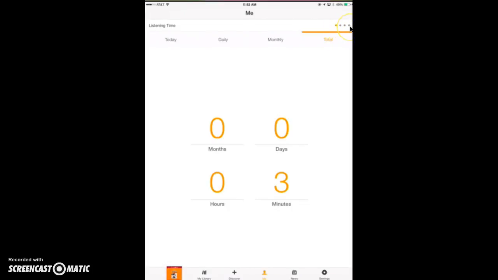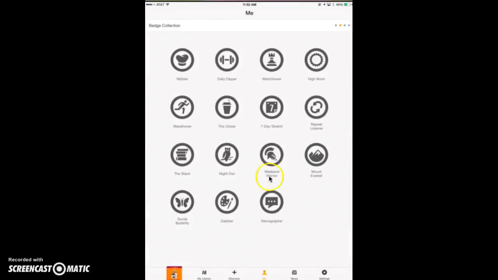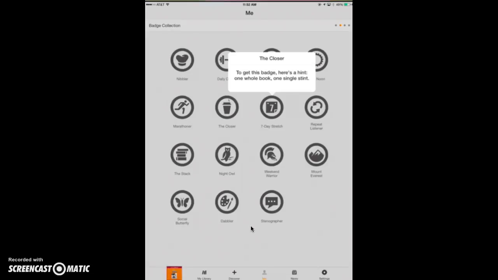So these are things that if you swipe, these are little badges that you can earn, and they will reward you or award you as you read more. And you can see, if you click on them, you can see 7-day stretch. To get this badge, here's a hint: 1 whole book, 1 single stint. So there's different badges for different things, and you can click on each one and figure out what